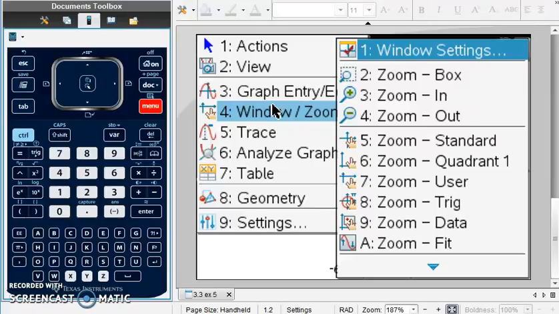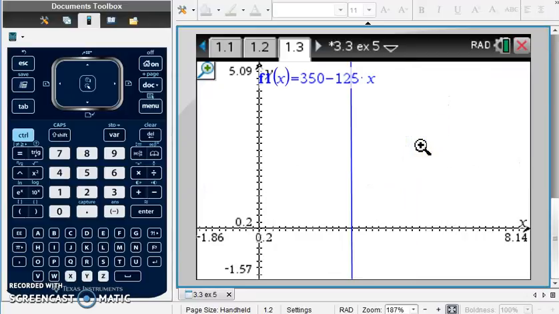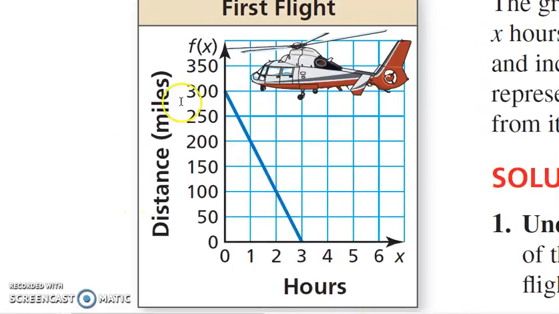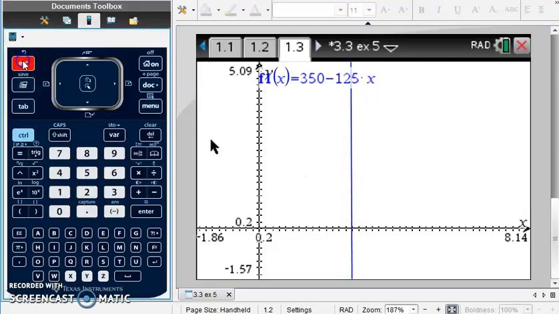First one, most commonly used, zoom in and zoom out. Zoom in, what it does, you click zoom in, it brings up a little magnifying glass that you can move around using your cursor, your center pad here. We'll move the magnifying glass around, and that tells you the center where it's zooming in on. In this problem, for example, there I've zoomed in, but still got a vertical line, and as we were thinking about before, with our problem going up to hundreds of miles, making my graph smaller probably is not the right way to go. So to get out of the zoom in option, I'm going to hit the escape button,